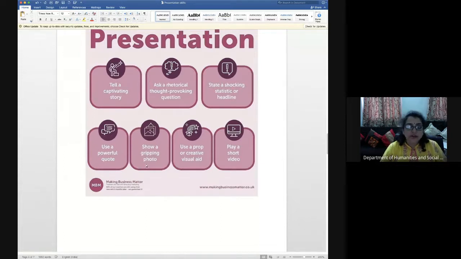Show a gripping photo. Any type of picture, if you are trying to show it, then people, if they are sleeping, if the audience is generally sleeping and it becomes boring, suddenly just get awake and try to understand what that picture is. So you should always support your content with some kind of pictures or a diagram, so that you can relate the content with them, and the audience also tries to analyze the content very well.